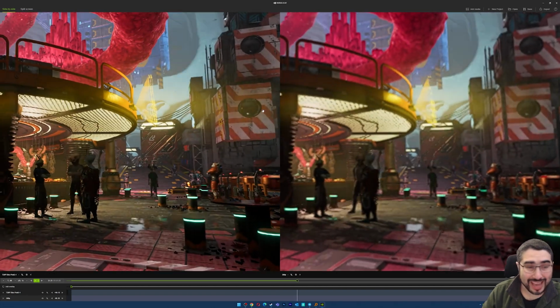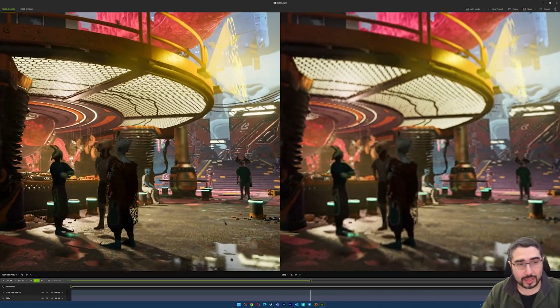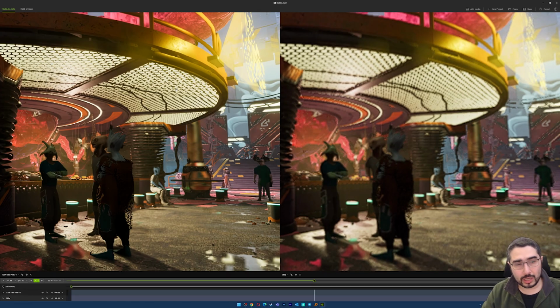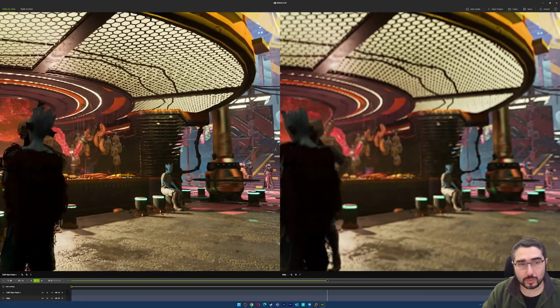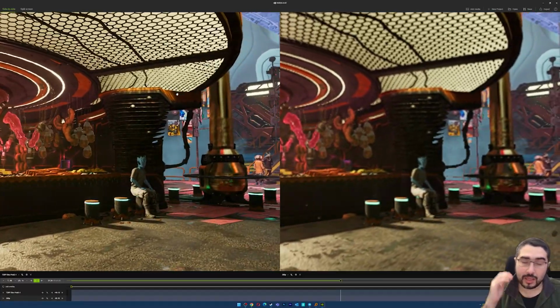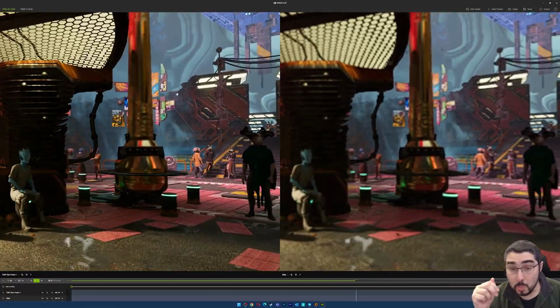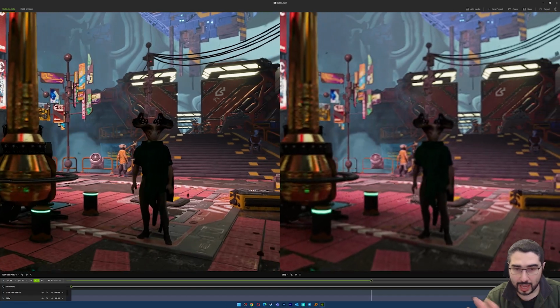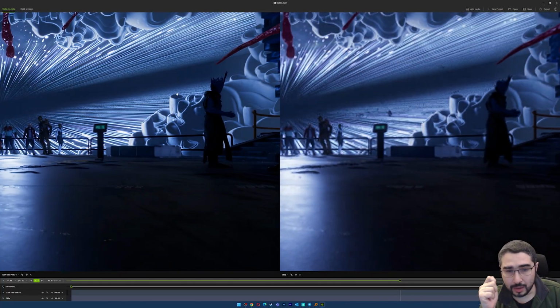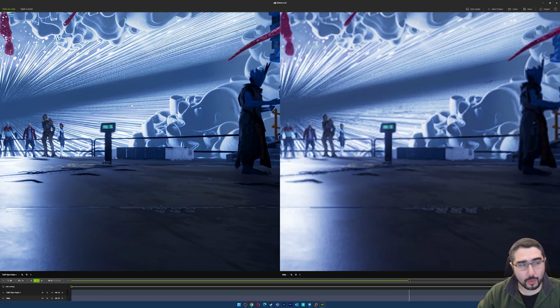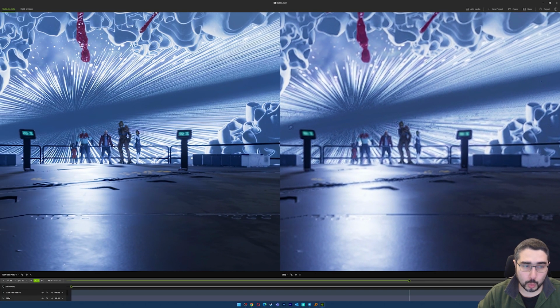Okay, so yes, 4K. Look at this, for example. Look how this looks. You don't see anything here. You can still start seeing something better here. So yes, the 4K image is going to be much clearer, and we are going to see that. I have that comparison too. But what I'm trying to say is that at the end of the day, if I was going to choose an image, I would choose this one without hesitation.